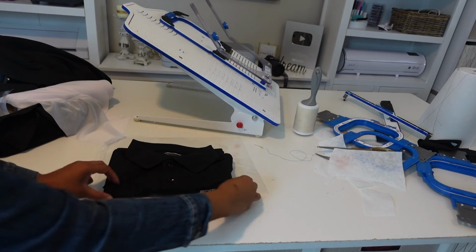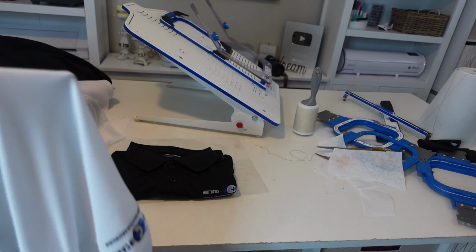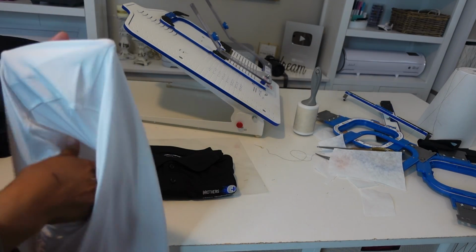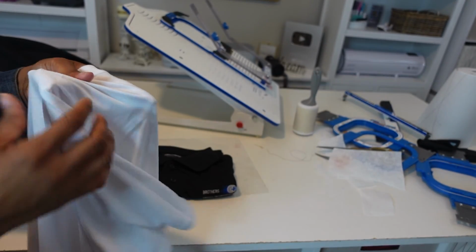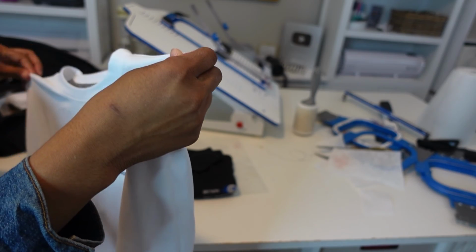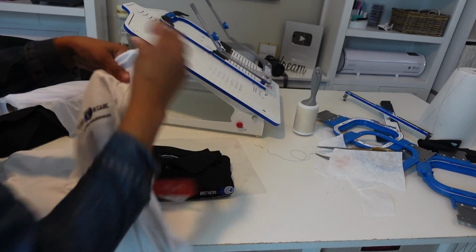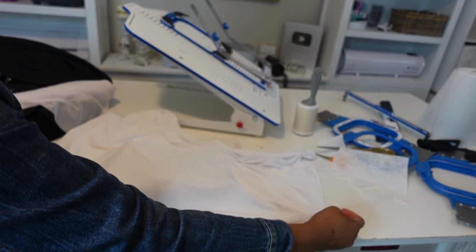Alright, I already folded this one. It's perfectly straight, because I can definitely tell when I fold it, but sometimes holding it up, can't always tell right away. Let's see how this one turned out. So I want to hurry up and get these to my client and get to the gym. Love the way it turned out. So let's go ahead and fold it